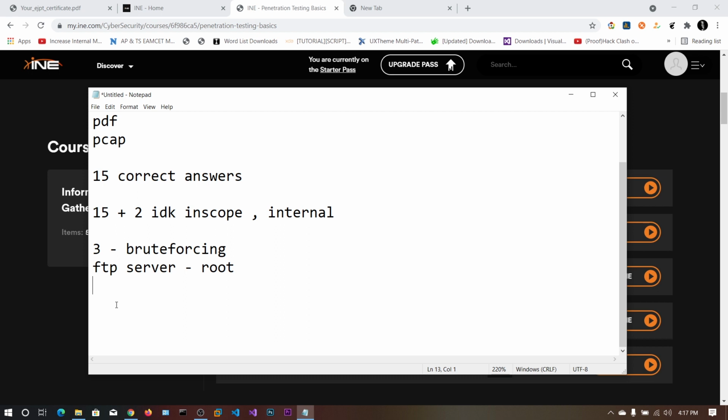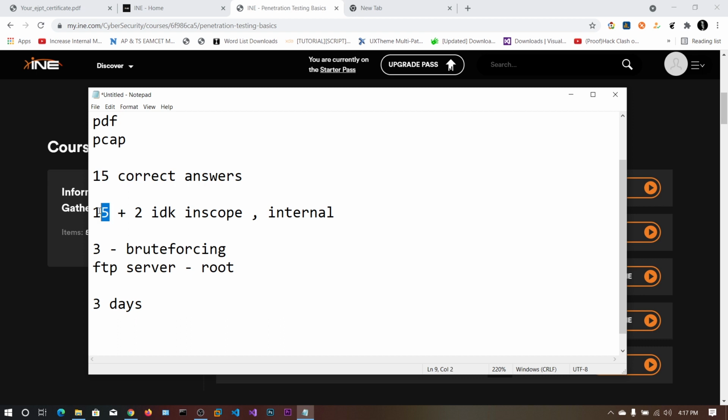The time for this exam is 3 days, so you don't need to do anything in a hurry. You can calmly do all this pen test. But after 5 hours, my mind did not work, and it was full of headache.